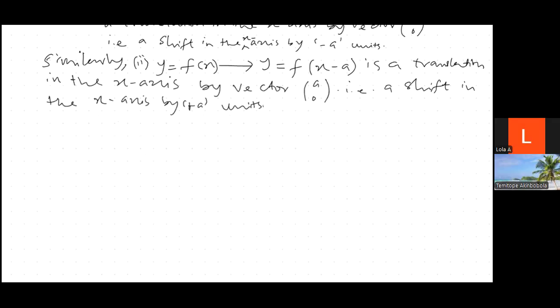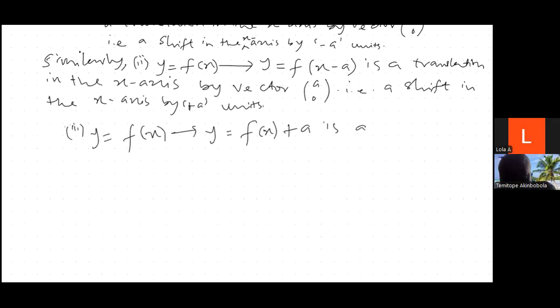So Roman figure 3. y equals f of x transforms to y equals f of x plus a is a translation. Later. Hello? Hello, sir. You want to say something? No, sir. Okay. So y equals f of x transforms to y equals f of x plus a is a translation in the y-axis by vector